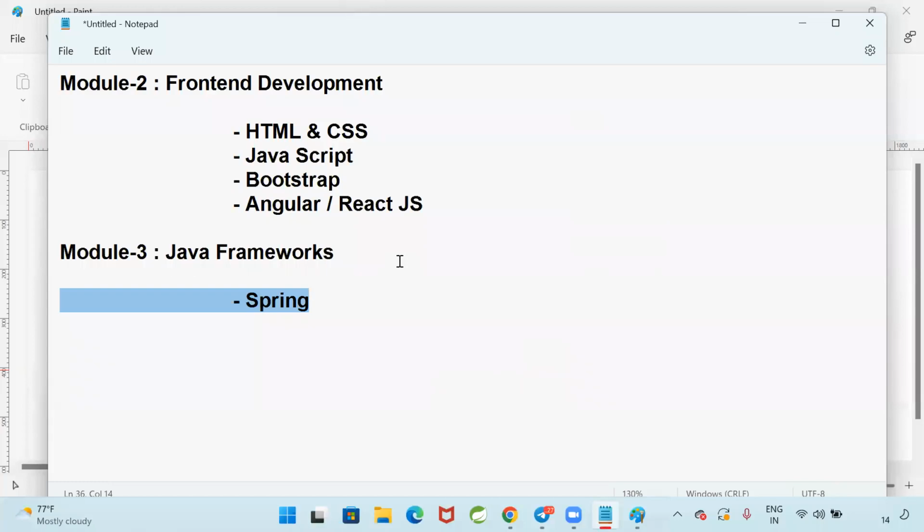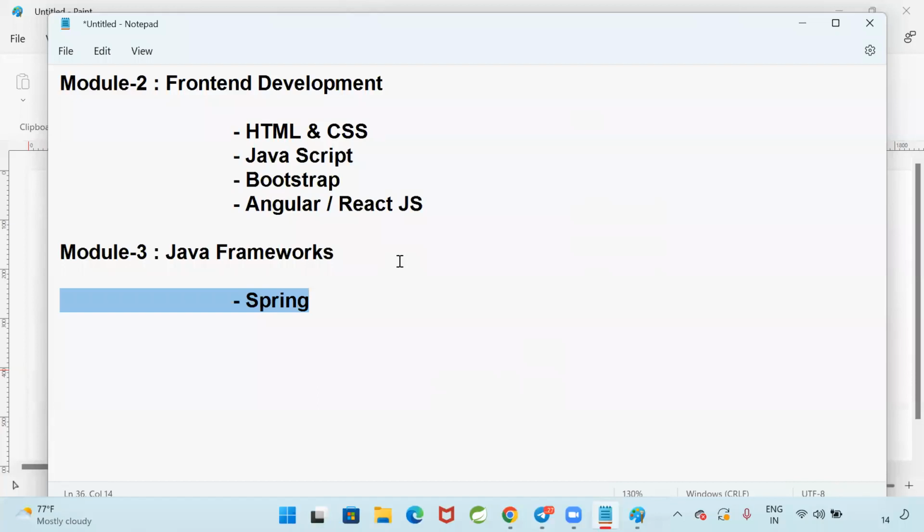Tomorrow, if you keep a resume on Naukri and a company calls you for an interview, they will ask, hey Ashok, do you know Spring? How many years of experience do you have in Spring? If you say I don't know Spring, okay, tata, bye bye. Who will take you when you don't know Spring?